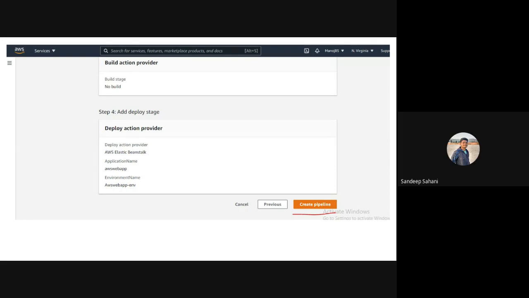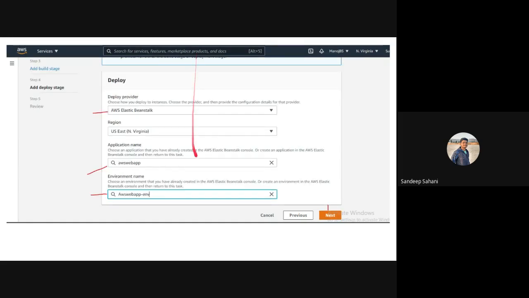Ma'am, can you repeat the previous step, ma'am? Previous slide. Okay. See here, this one. Okay. Click on AWS Elastic Beanstalk. Then the region will come automatically. Ma'am, my region came automatically different, ma'am. US East Ohio.